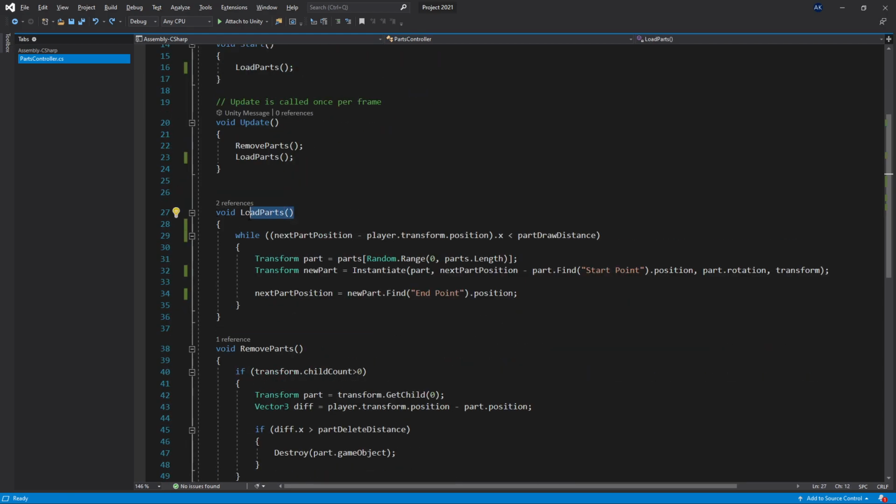Now right here, I have the load parts method, and in here I have a while loop that checks for the distance between the next part position and the player transform position. I'm getting the X distance here because my game is moving in the X axis. If your game is moving in another axis, make sure to change this to the axis that your game is moving. So right here, I compare it to the part draw distance,